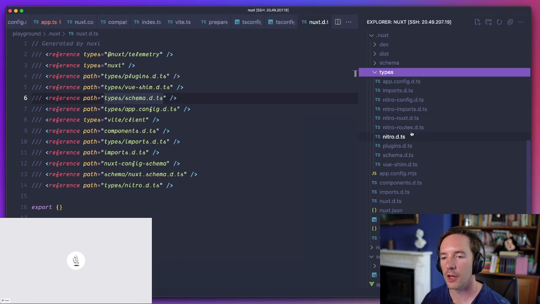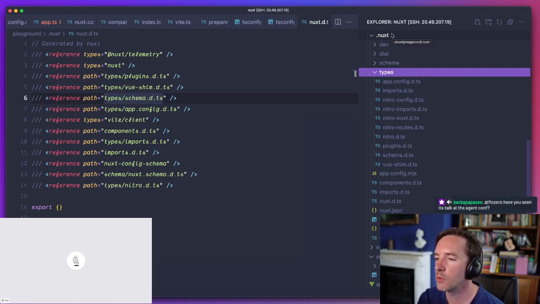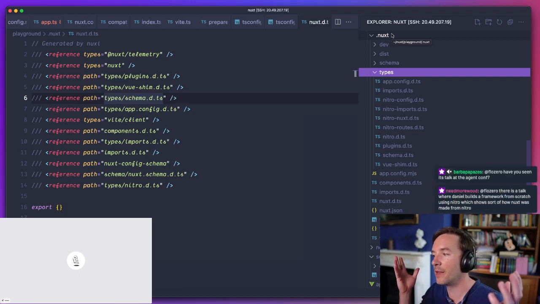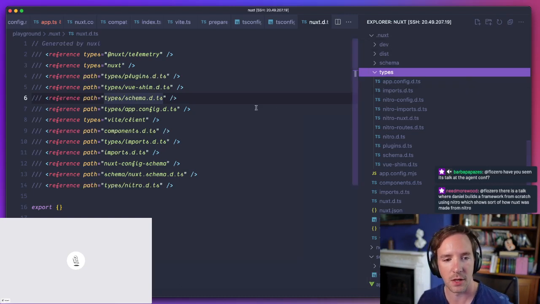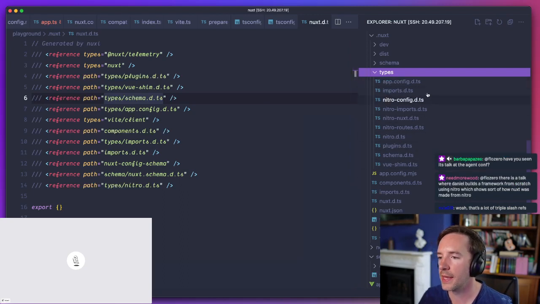This whole .nuxt folder in Nuxt 2 was the build directory and had the whole app generated there. In Nuxt 3 we have a virtual file system, so there are quite a lot of things in this directory as far as the bundler is concerned, but they're virtual. These ones are written to disk because the IDE needs to know about them.